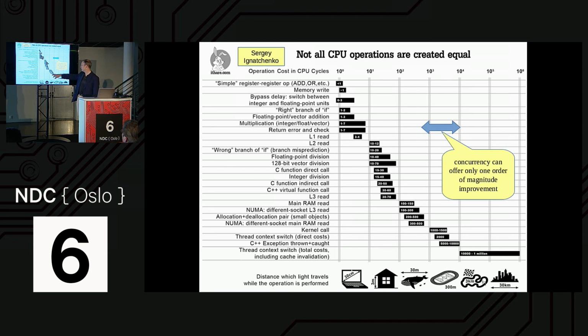Kernel calls, 300 to 500. Context switch, so this would be on the concurrent one. That's 1,000 or so, but that's just going into the kernel, doing the scheduling, and coming out again. But the problem with the switch is that as soon as the thread comes around, it goes, right, okay, now what was I doing? Bang, completely cold cache because it's full of somebody else's stuff. So you're then going miss, miss, miss, miss, miss. So you can end up with thousands of cycles, if not tens of thousands of cycles, for context switches. So that's just to give you an idea of the range of things that you can have.